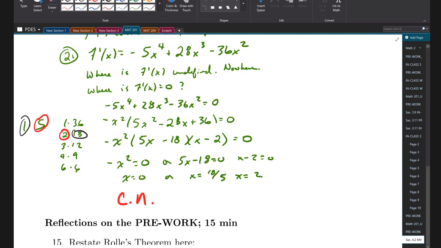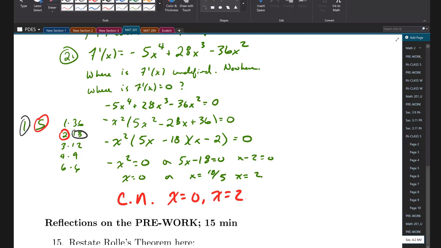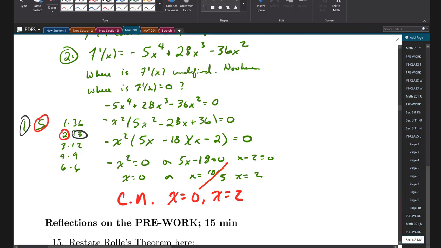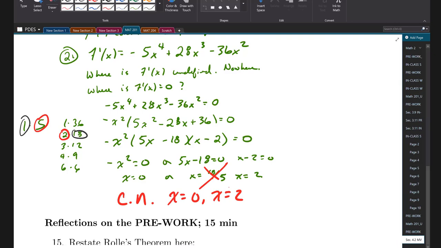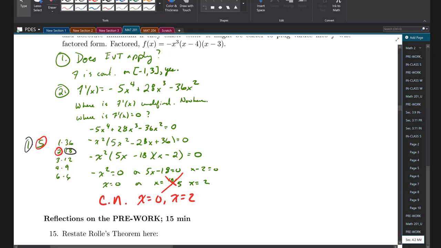The critical numbers are x equals 0, x equals 2, and that's it. How come? Because that evaluates to 3.6, which is outside of the domain. Well said. So now what do? In our process of finding our global maximums and minimums, we're now going to plug in